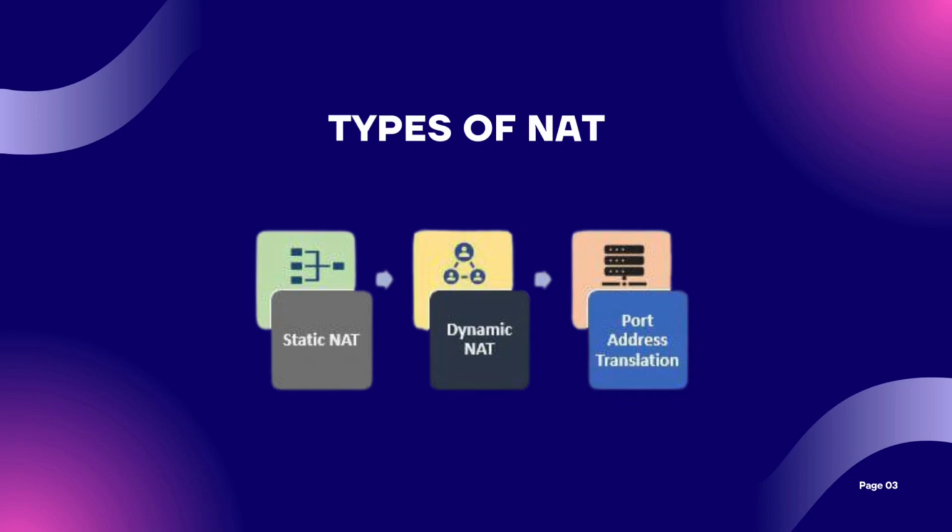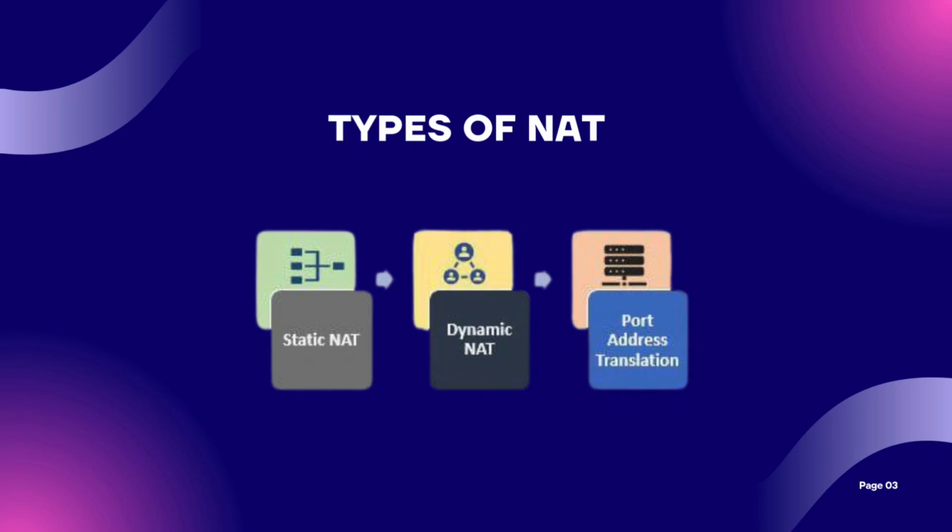Static NAT maps a single private IP address to a single public IP address. It is used when a device such as a server needs to be accessible from the outside world with a consistent public IP address. Dynamic NAT maps a private IP address to a public IP address from a pool of public addresses. It is used when multiple devices need to access the internet but do not require a consistent public